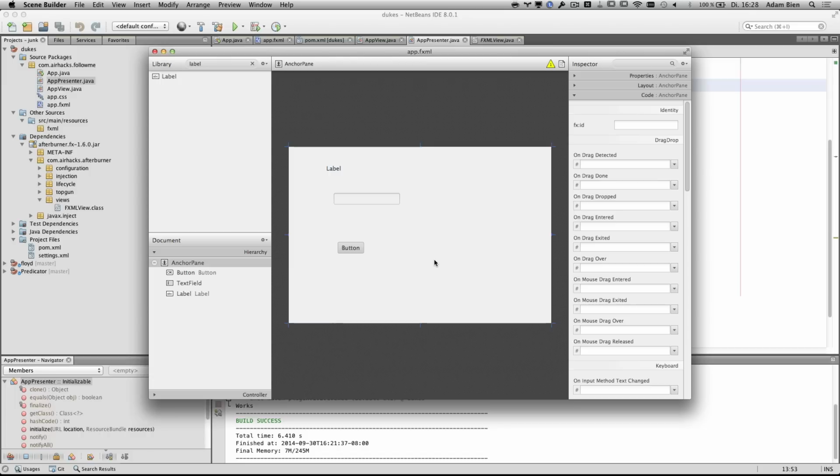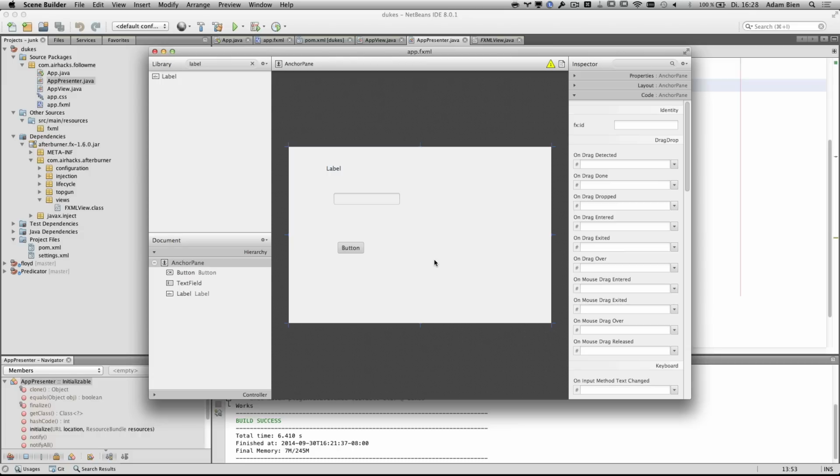Wow. So does your Afterburner design stipulate that we have to identify the controller inside the FXML? Yes. Usually what I like to do is go to my view and set the controller, so that this way we can have multiple controllers referencing the same element. No one complained about this.